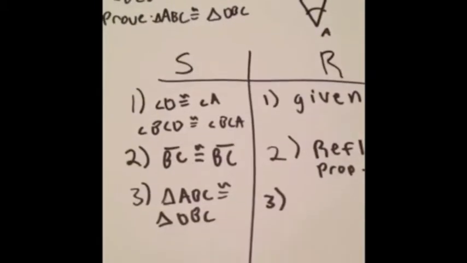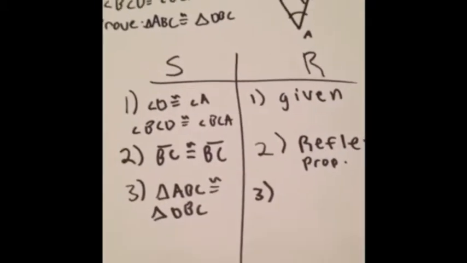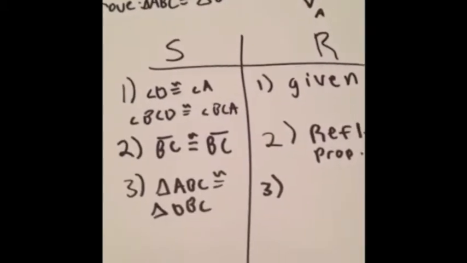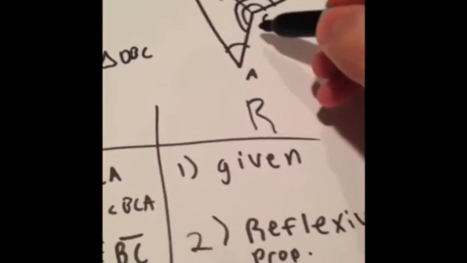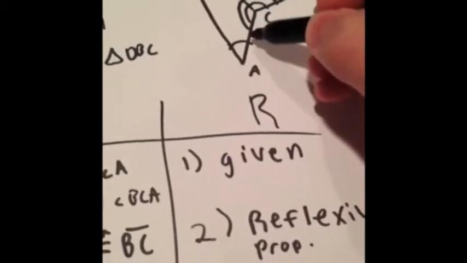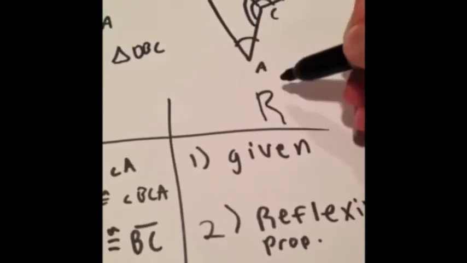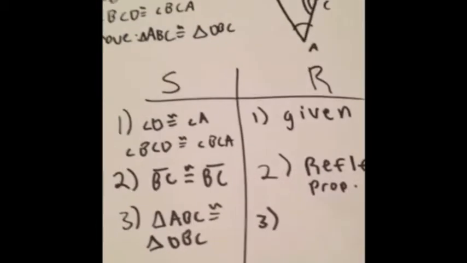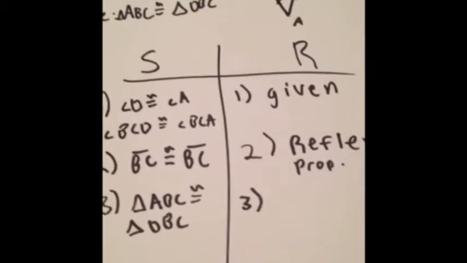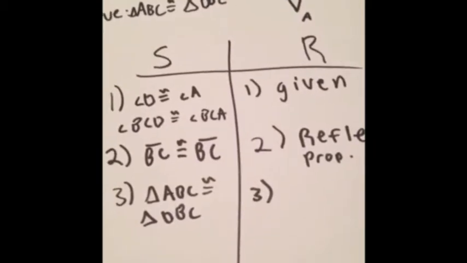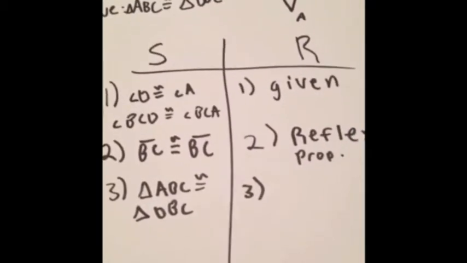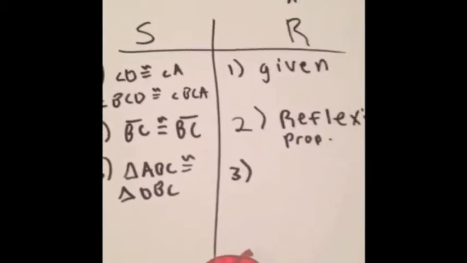And now on to the second problem. This one is a little bit more complex than the last one, and you're going to start out the same way. So you're going to want to mark your diagram, and for this, also the same thing, like the sides, you need to make 2 different marks for the congruent angles, so you don't mix those up. And one thing I like to do on these problems is, if you can tell what you're going to be proving it by, mark that postulate on the side and cross off each one when you know you have it. So, for example, I would put